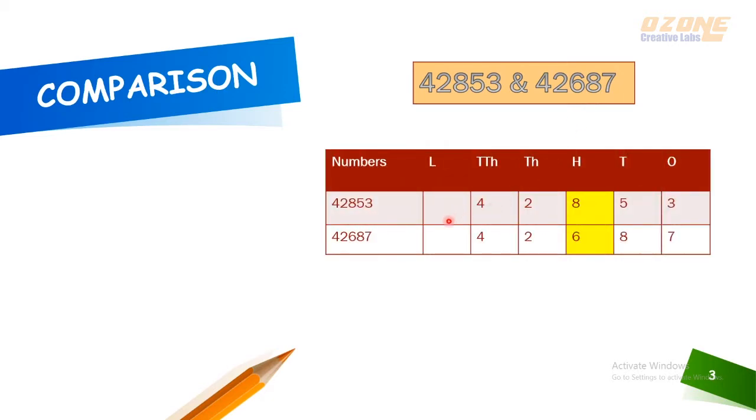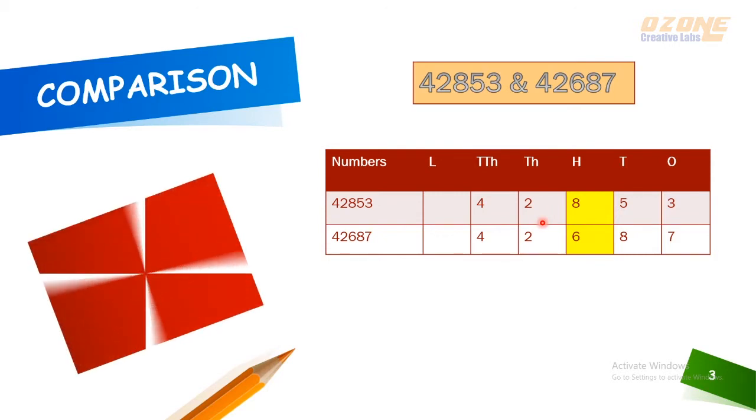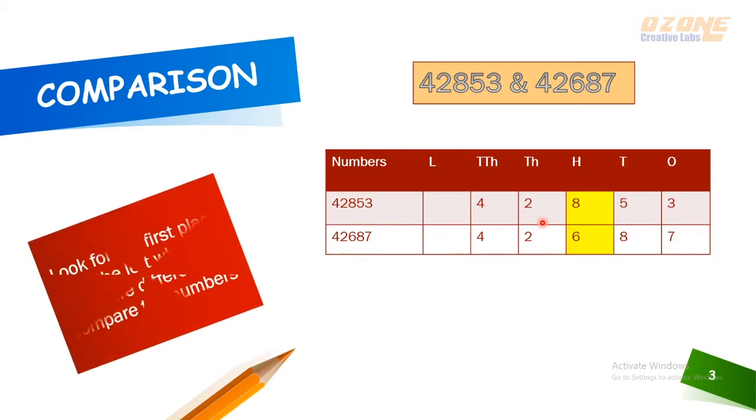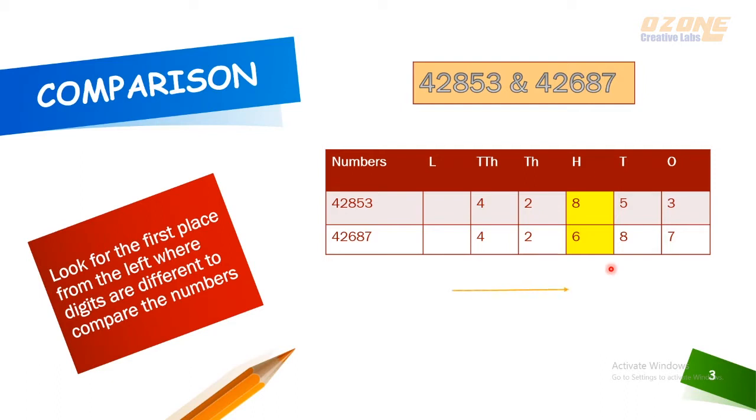So here the place value chart is given from ones, tens, hundreds and so on till lakh, and since 5-digit numbers are given, we have inserted the numbers inside the table. Now we'll look from the right side onwards, from the first place onwards, till which numbers are looking different. So here in 10,000 place both are 4, and in 1000 place also both are 2, and in hundreds place both the numbers come different, and we'll find which will be the greater one.